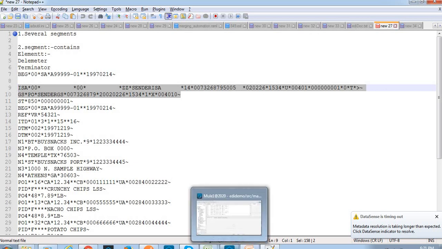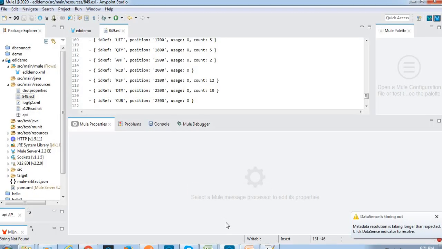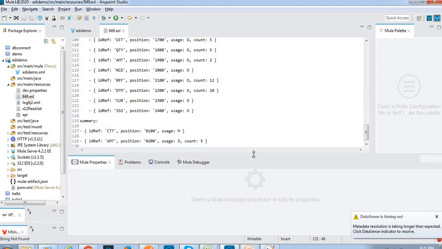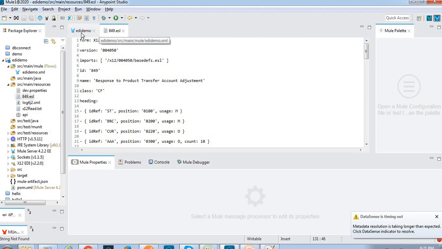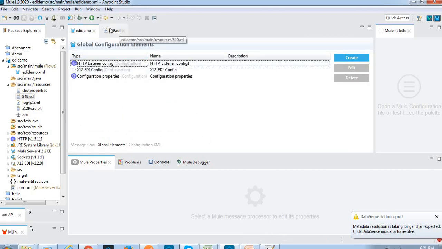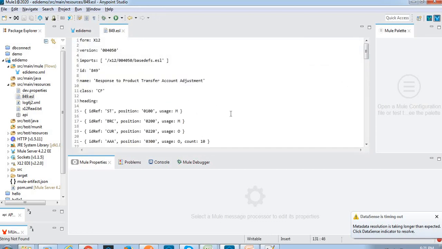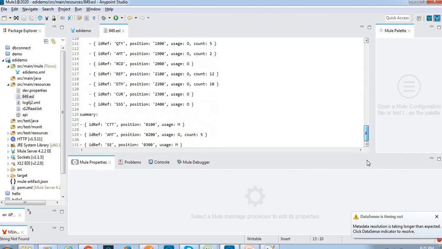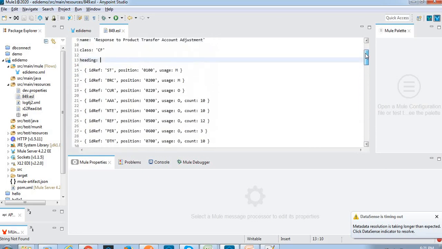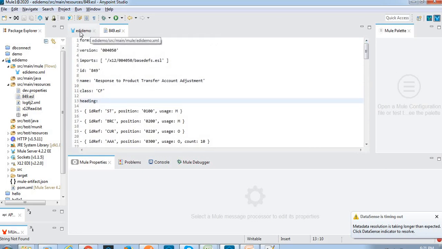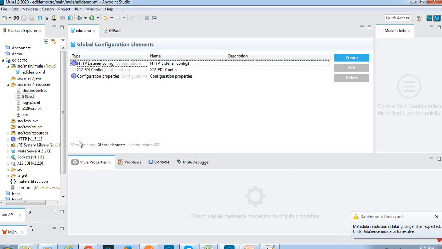In this way we are defining the schema with this .esl file. The EDI file should be like this. By defining this ESL, we are preparing the EDI. Based on this ESL, the final EDI file will be prepared.